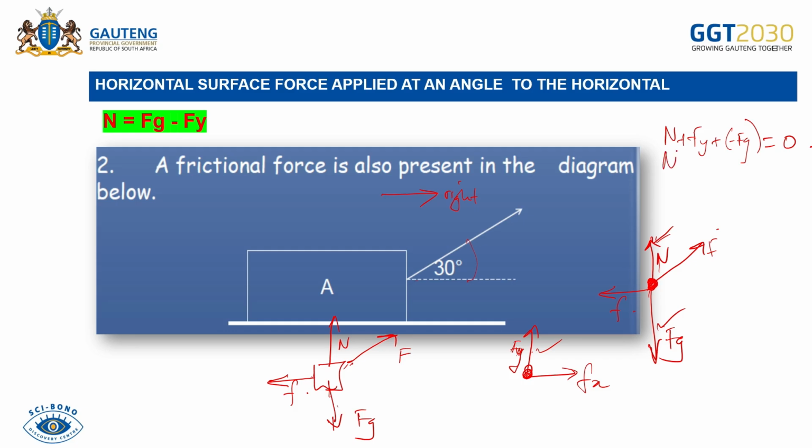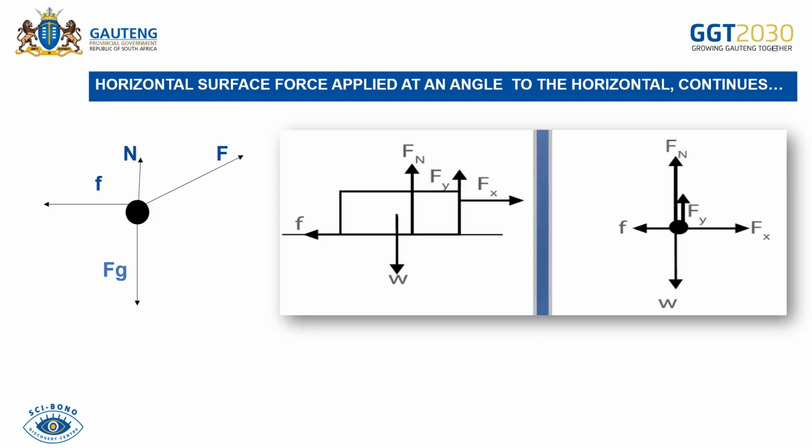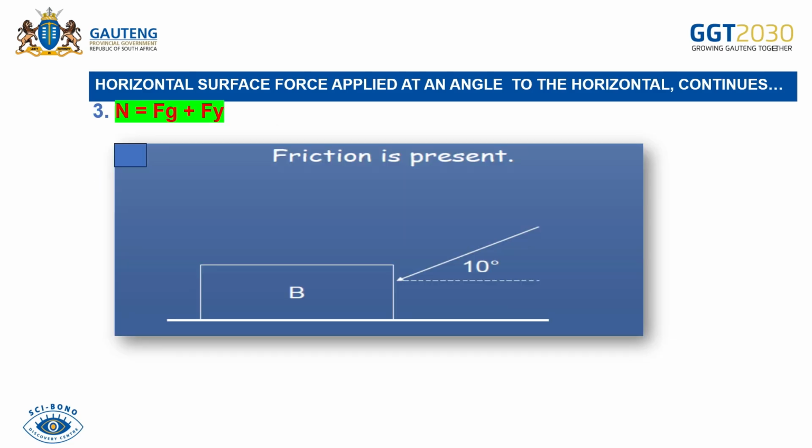So it will be normal force, right, equals Fg minus Fy. That will be our normal force. If a force is applied at an angle like this, or pulled at an angle to the horizontal, then so these are the solutions, all right? Then